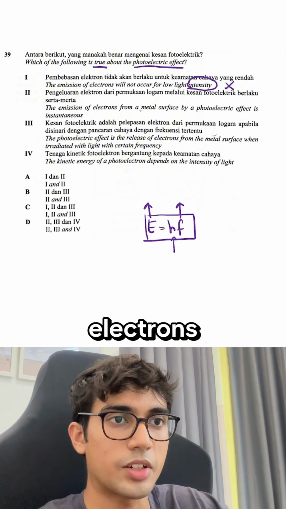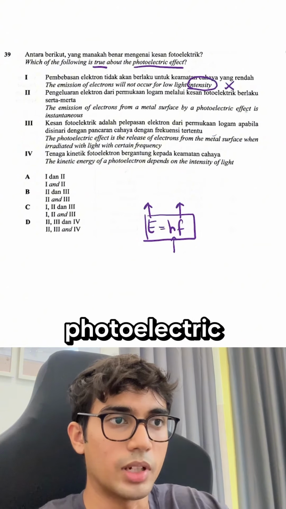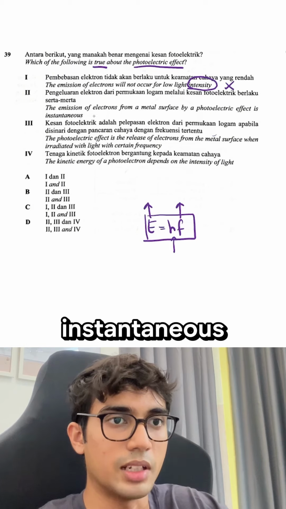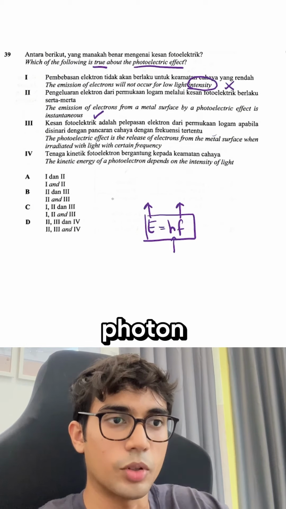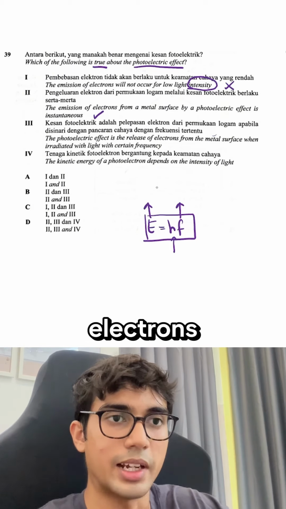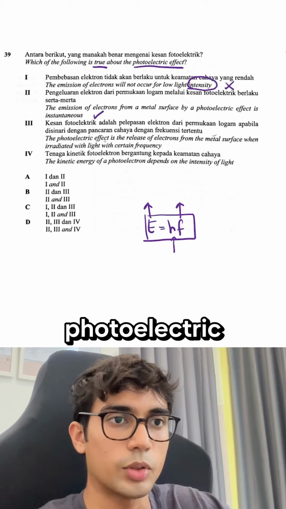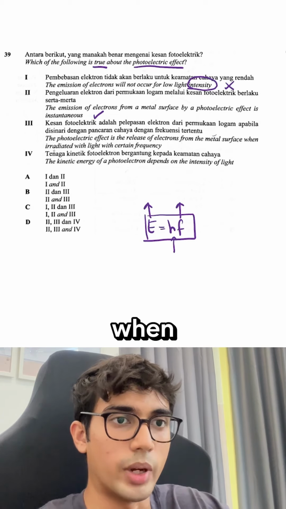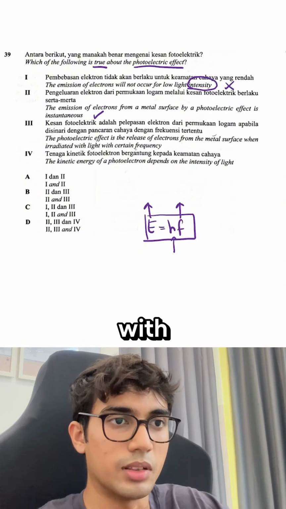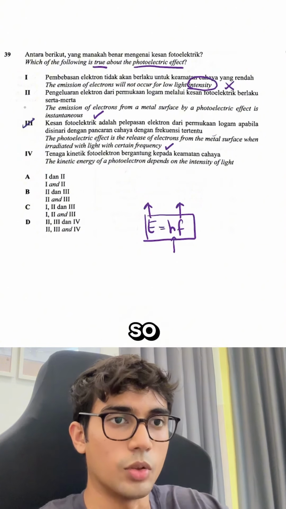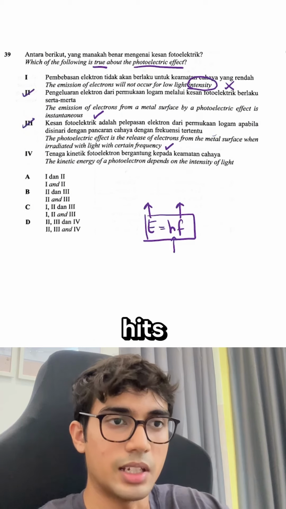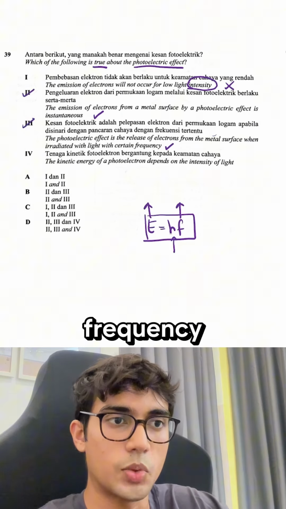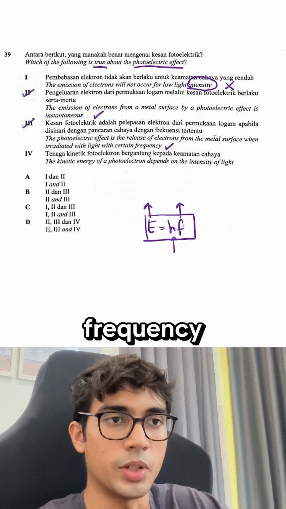The emission of electrons from a metal surface by photoelectric effect is instantaneous. Yes, right after the photon hits the metal surface, the electrons will start escaping. The photoelectric effect is the release of electrons from a metal surface when irradiated with light with certain frequency. Yes. So when a certain frequency of light hits the metal surface, if the frequency is higher than the threshold frequency,